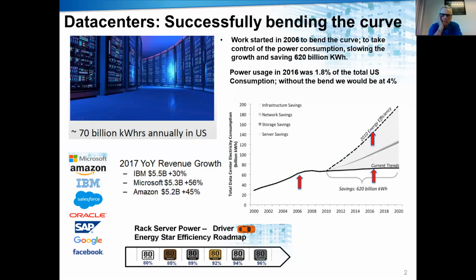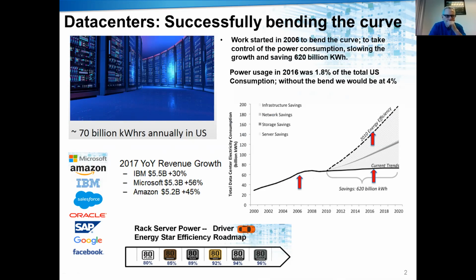So I know it's supposed to be about plants, but everybody knows about the internet and the cloud and Amazon, IBM. And if you look at the revenue of these guys, you know, 56% growth in 2017. So the cloud has just taken off, right? A lot of data centers, a lot of power. And it was just growing and growing. And if they didn't do anything, it would just grow to about 4% of the whole US power needs. So in 2006,